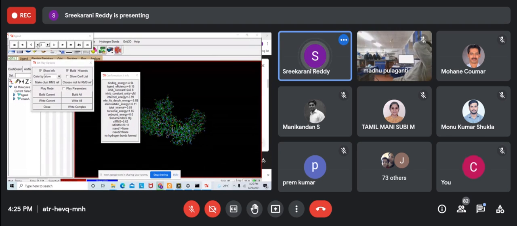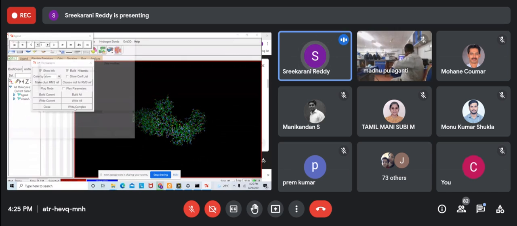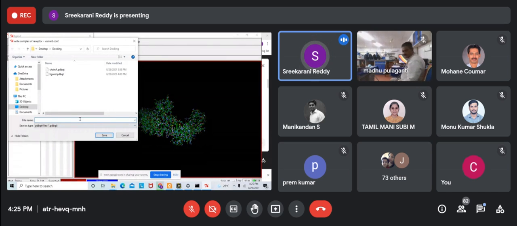We want to save the first conformation, which has a good docking score. So I'm keeping that first conformation and I'm trying to write the complex. Okay, so I will save that particular conformation.